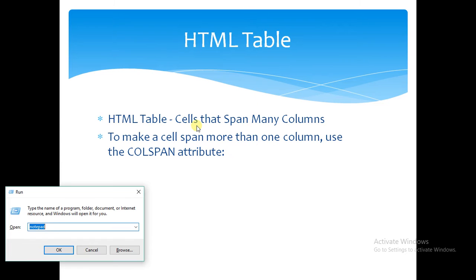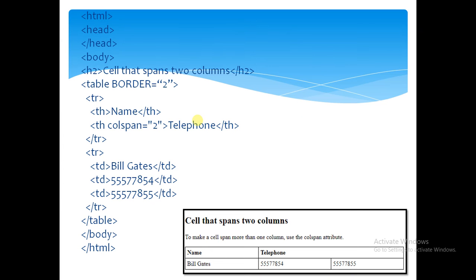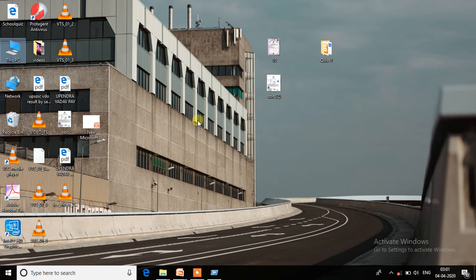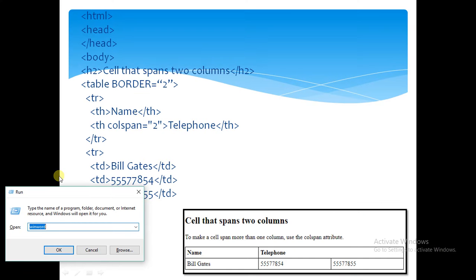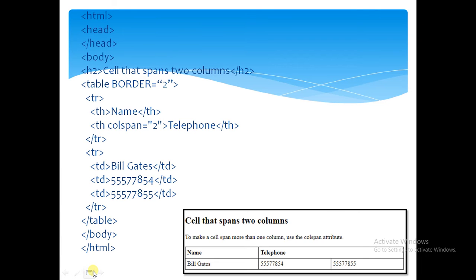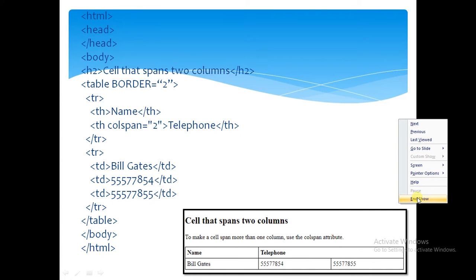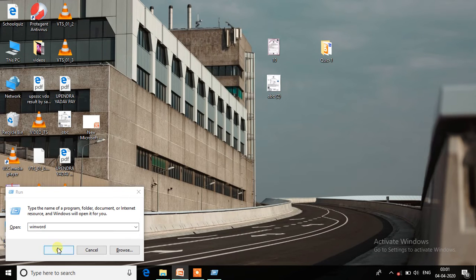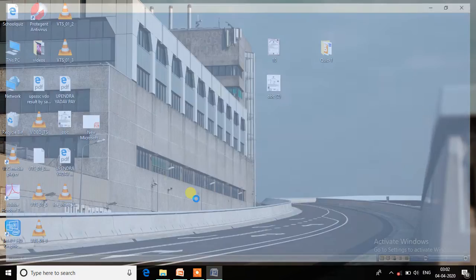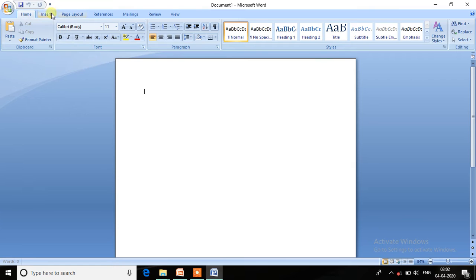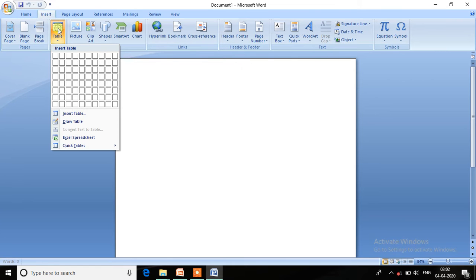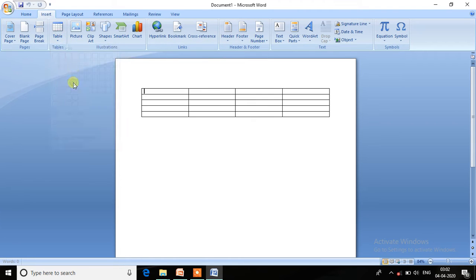Table means that I will open MS Word to define what a table is. First, I will open MS Word and I will show you what a table is. A table is this.